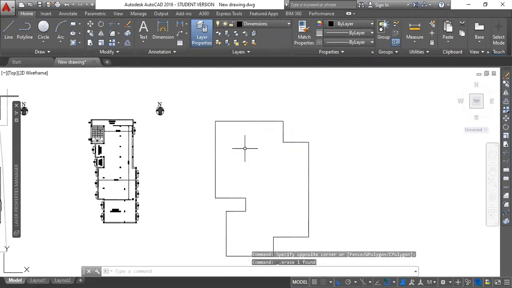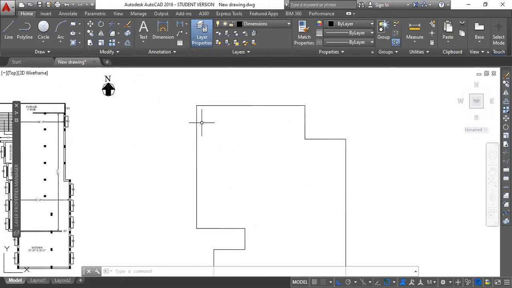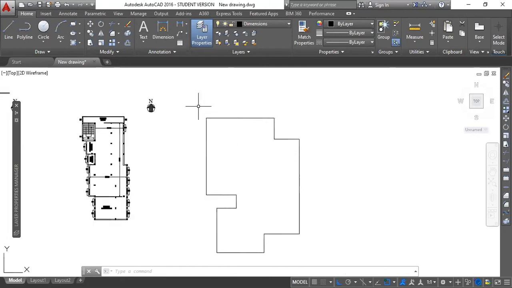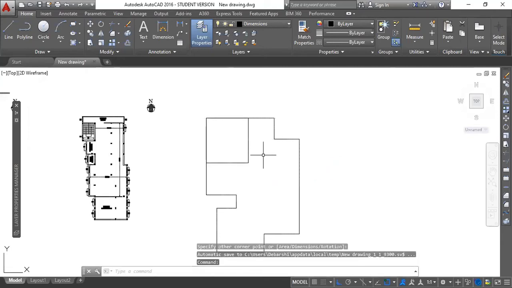Instead, you should do that if you are designing flats or building complexes, because in that case repetition of the plan is very important. Maybe you are designing a hotel, so the hotel rooms are quite similar, right? So in that case you have to use that. But other than that, if you're doing a residential project, don't use this copy or mirror option for copying your existing drawings, because that is not good actually.